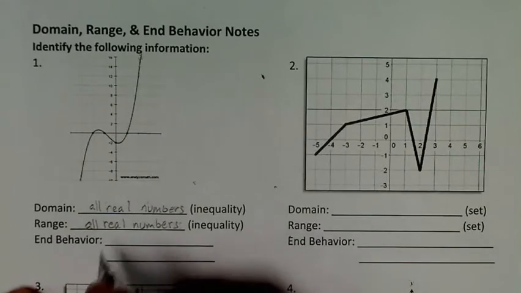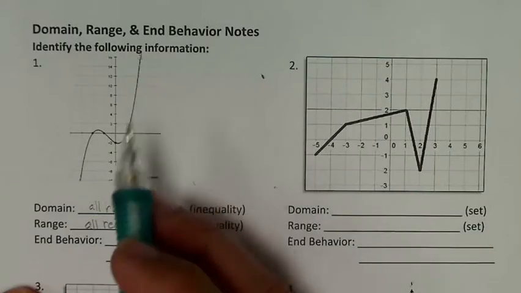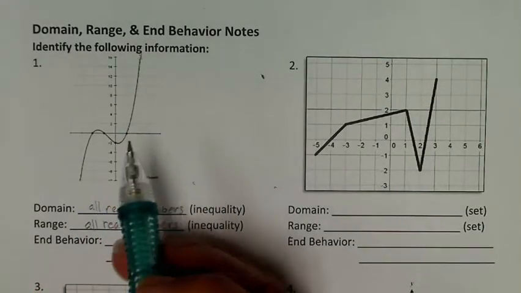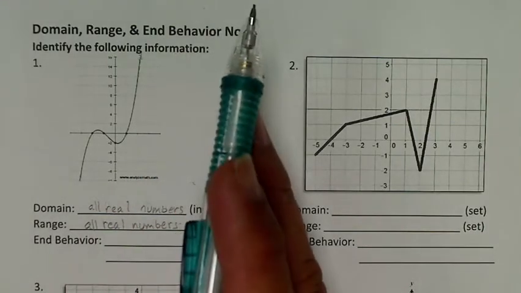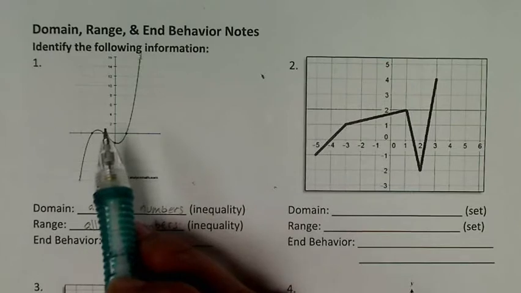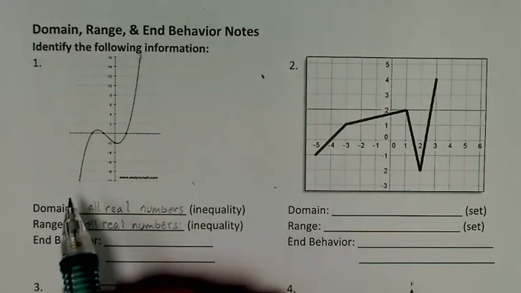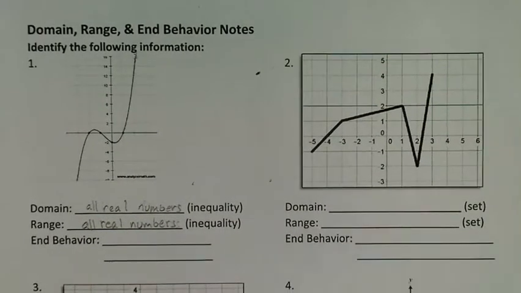So end behavior looks at what happens to the y values as x approaches positive and negative infinity. So in English, that means we're going to look at the y values as you move to the right forever and ever, and you're going to look at what happens to the y values as you move to the left forever and ever. So end behavior, for every single problem, starts like this. It's written